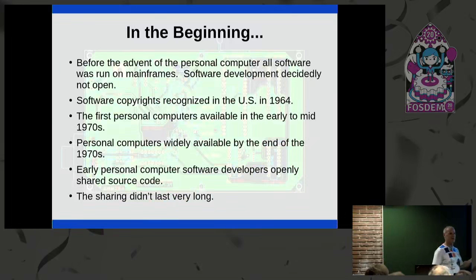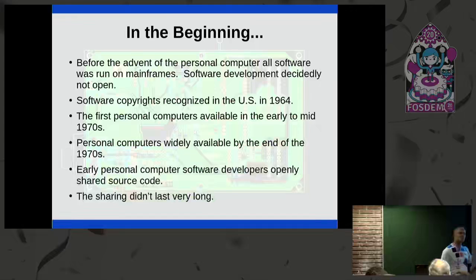These startup companies like Apple, and IBM, released their PCs in this era. Really early in this movement, only enthusiasts went out and bought computers for personal use. Nobody else had them. They weren't on everybody's desktop. Now they're in everybody's pocket. So there was a lot of sharing of code early on. People would say, hey, look at this thing I made, and there would be conferences like this where people who were writing software for computers would meet up and share ideas.